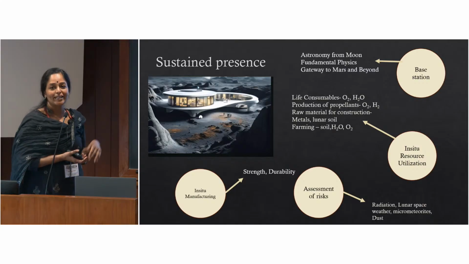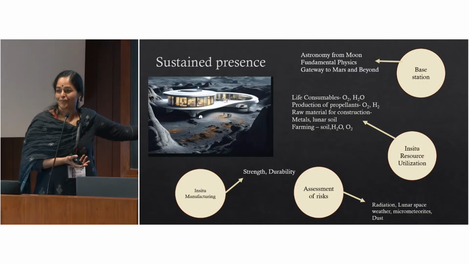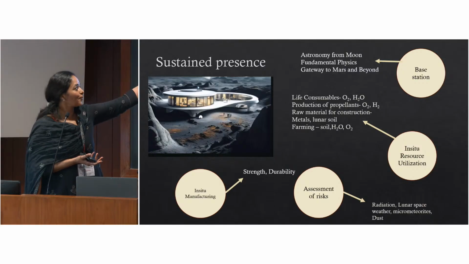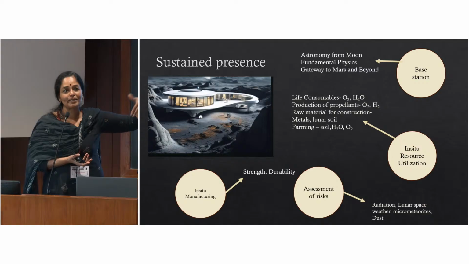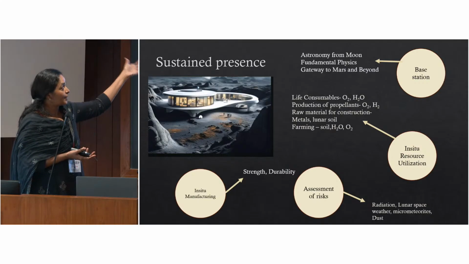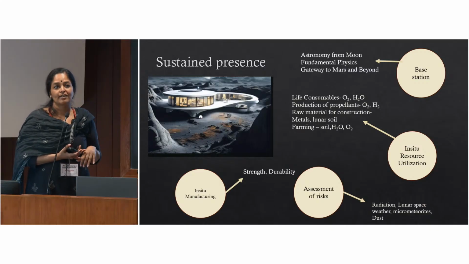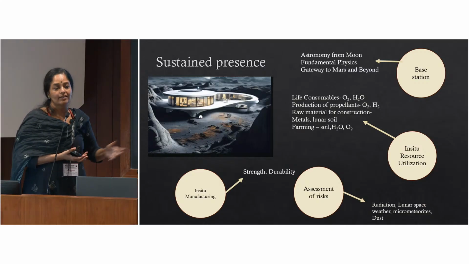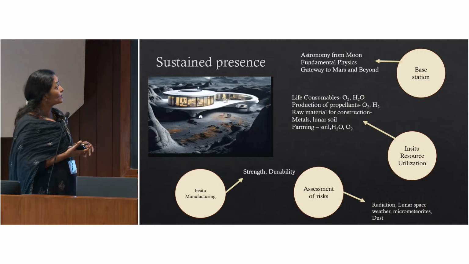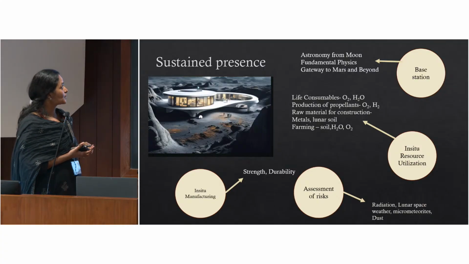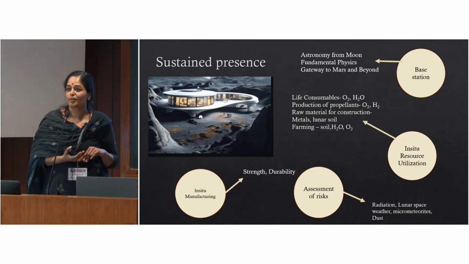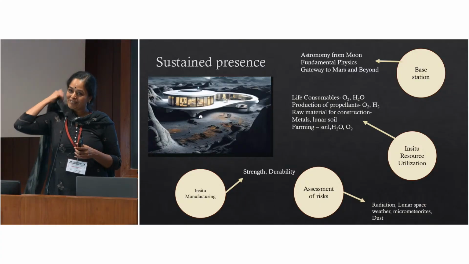And finally, why are you doing all this, right? Not just for a tourist spot. It's also things like astronomy from the moon. You heard about Pratyush. That's an orbiter, but ultimately maybe you can set up a radio telescope there. Fundamental physics experiments which you can't do here. The environment that the moon provides may be good. And even the sky is great if in future you have optical telescopes there. And it's also considered a gateway to Mars, going straight to Mars rather than. But of course now Elon Musk is saying we'll go straight to Mars. But